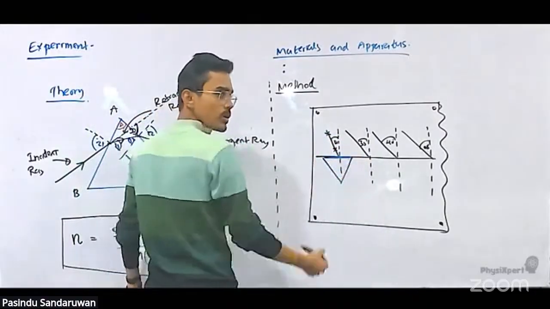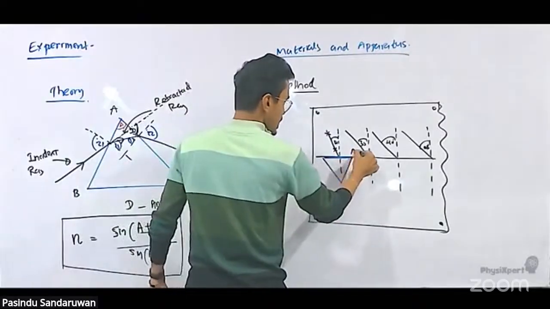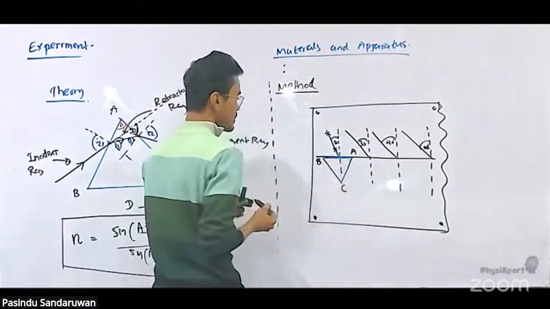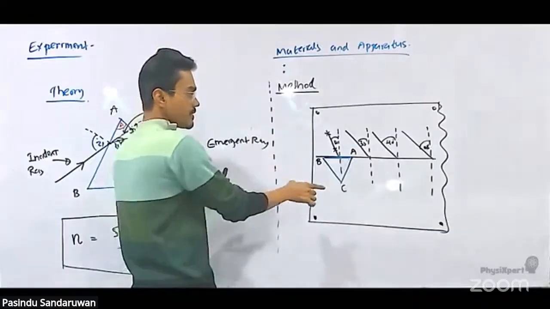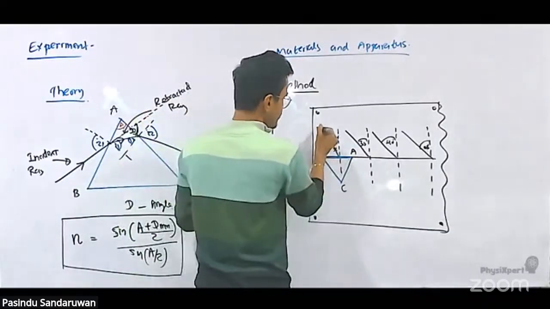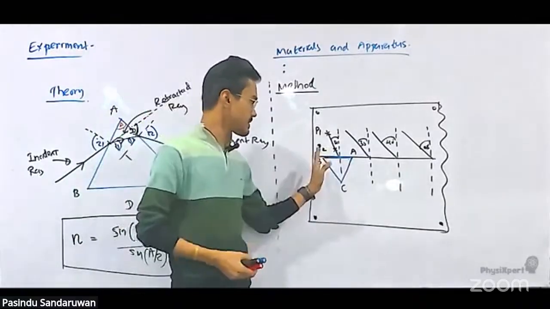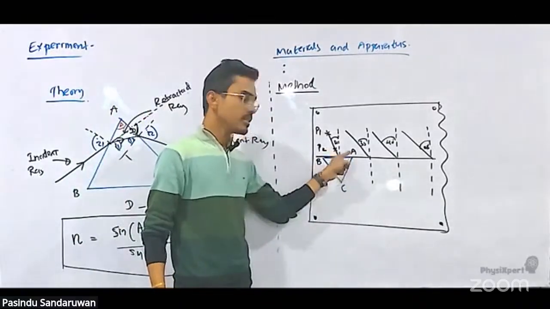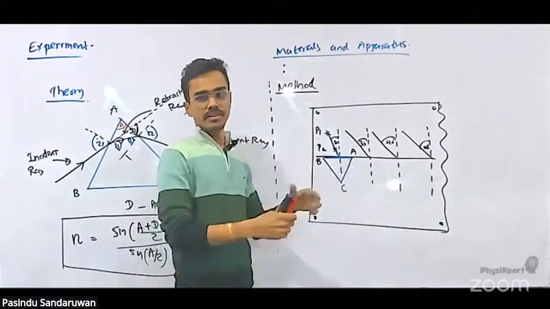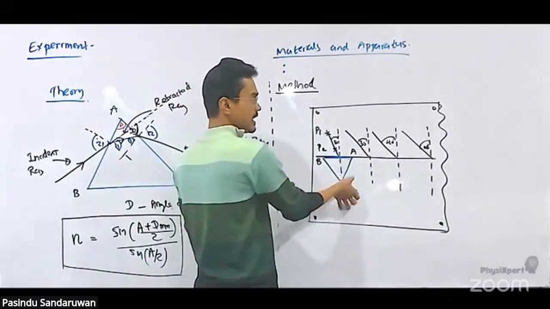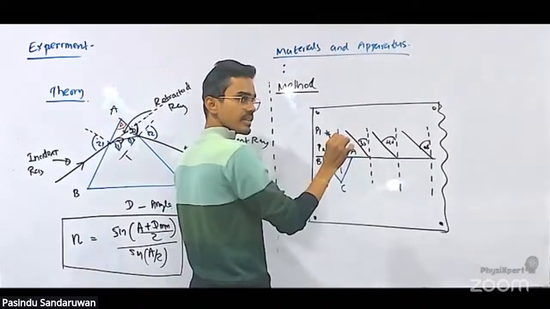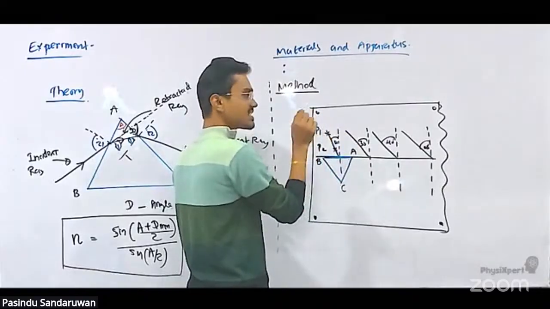If I look from this surface, let me label this as ABC. Now we can observe the image of these pins, say P1 and P2, through the AC surface. When we are moving our eye from C to A or A to C along the AC surface, at some point you will start seeing